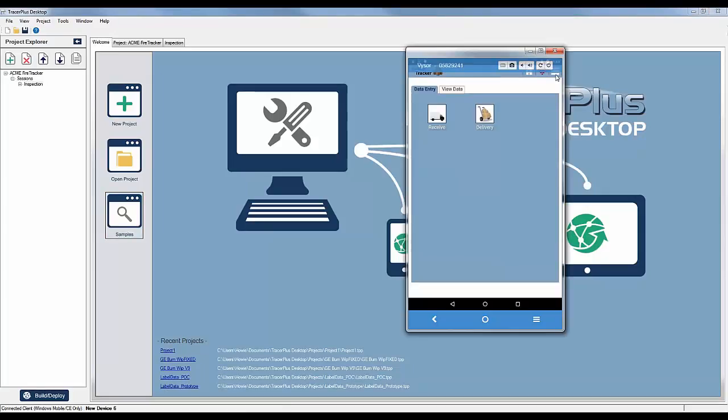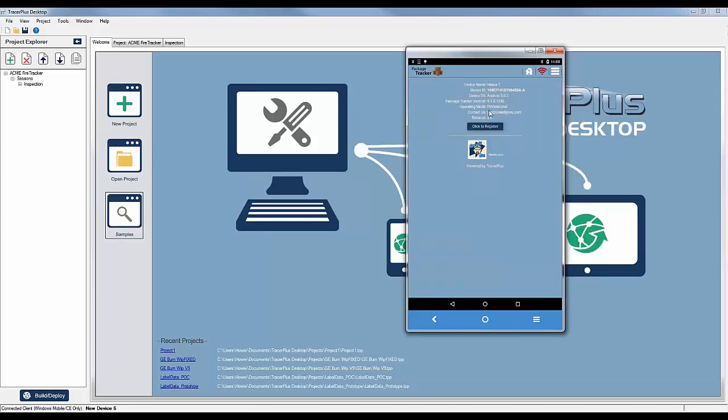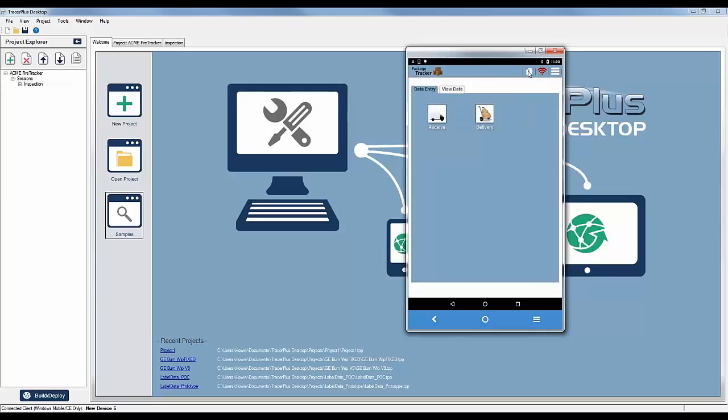As well as if I jump over to the Help About form on this application, it's again branded as Speedy Joe's with no indication that it's a TracerPlus application that has all of the settings from the TracerPlus Desktop tool embedded within this APK. This APK can be deployed from your website. It could even technically be deployed through the Google Play Store as your own application and deployed with your branding. So that is an Android version of the